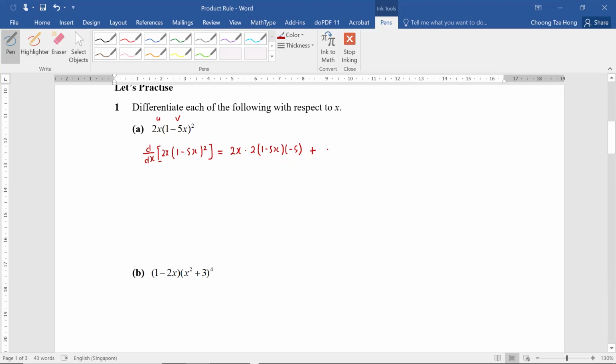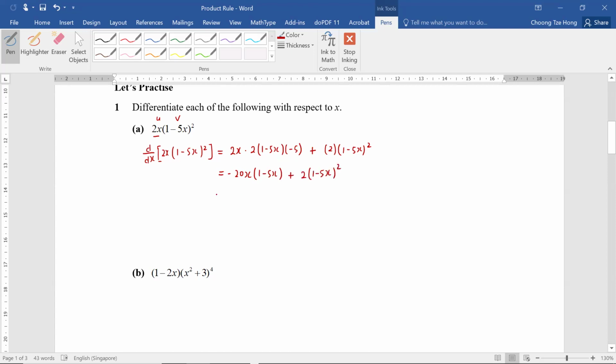Next one, now we will differentiate the u first, the first term. Differentiating 2x will give us a 2. Then the v remains untouched for the second half of the product rule. So over here we will just do some tidying up. If you simplify here, you will get negative 20x(1 minus 5x) plus 2(1 minus 5x)